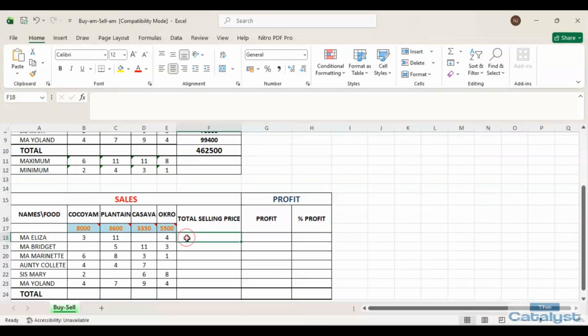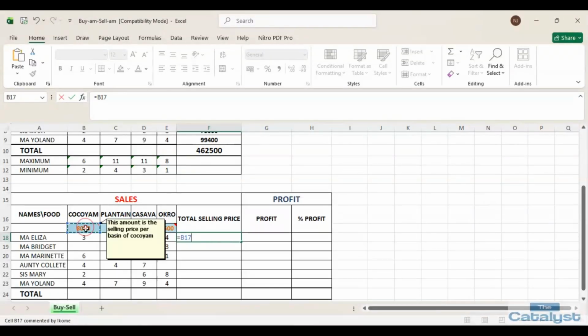I think the next is that we should do the same for the selling price here. We calculate the total selling price. I'm sure that is what was supposed to be done here. So we'll do the same. I will still use the same method. Put absolute reference control times the quantity plus